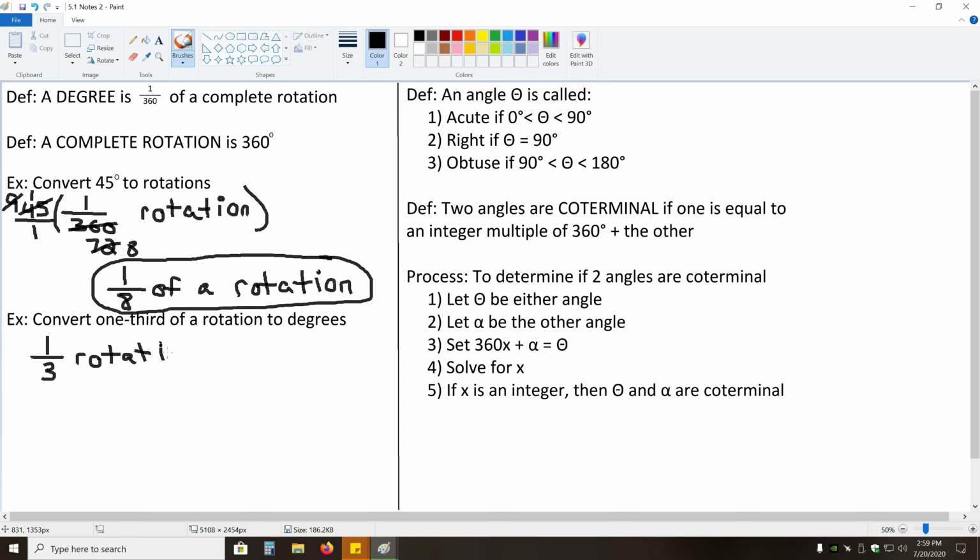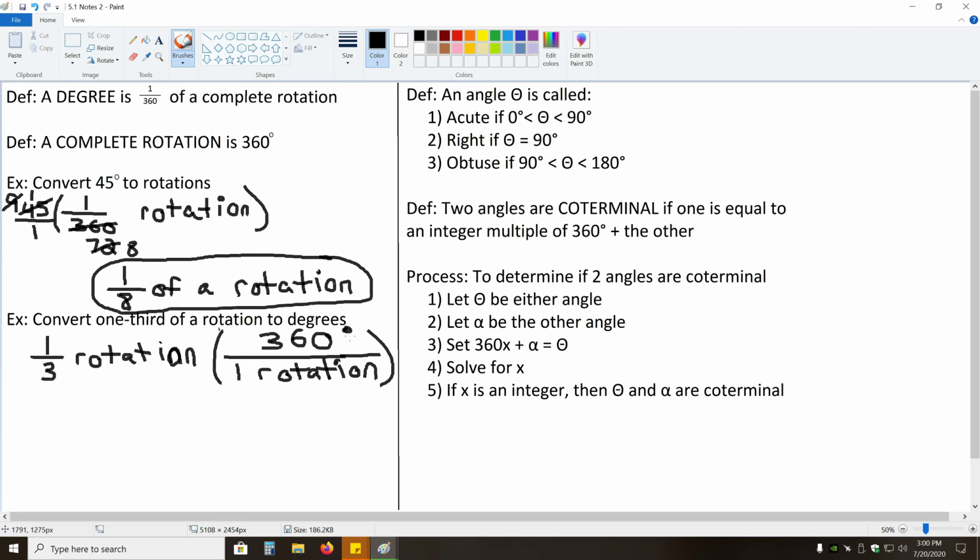If we take this 1/3 of a rotation, and we convert it, then that means we need to multiply it by its conversion factor. 1/3 of a rotation, we know that 1 rotation is equal to